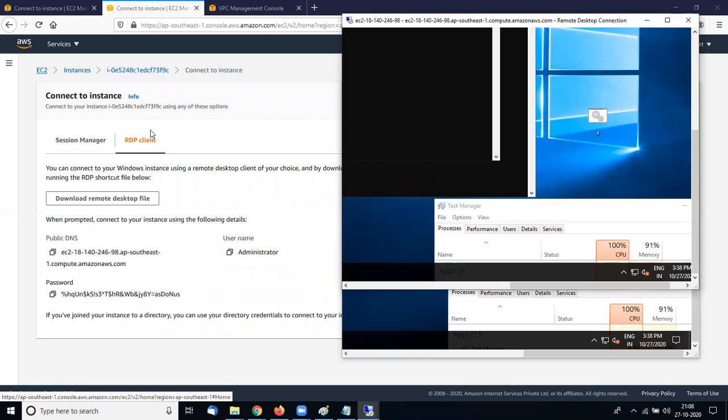So please wait. I think the instance is launched. No, the instance is not launched here. It takes some time. Let's see the real scenario.